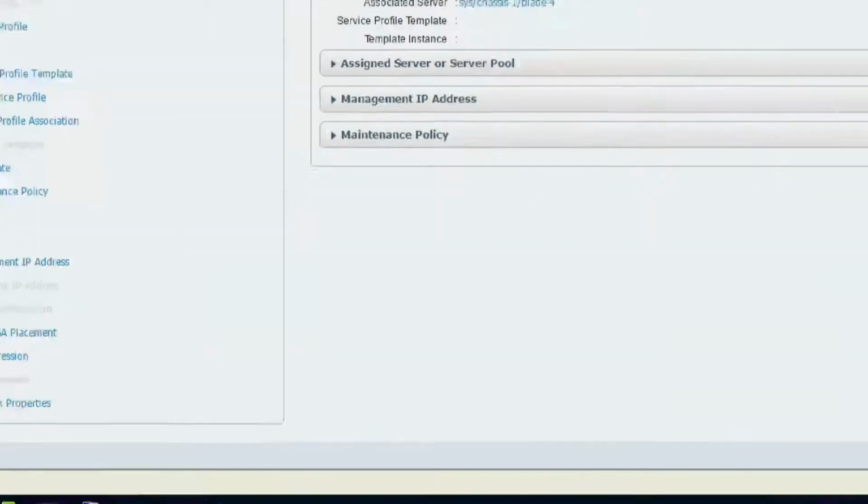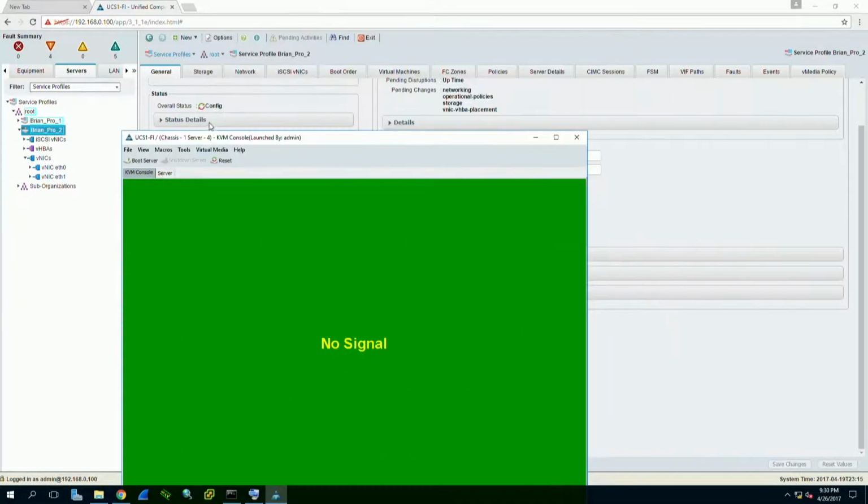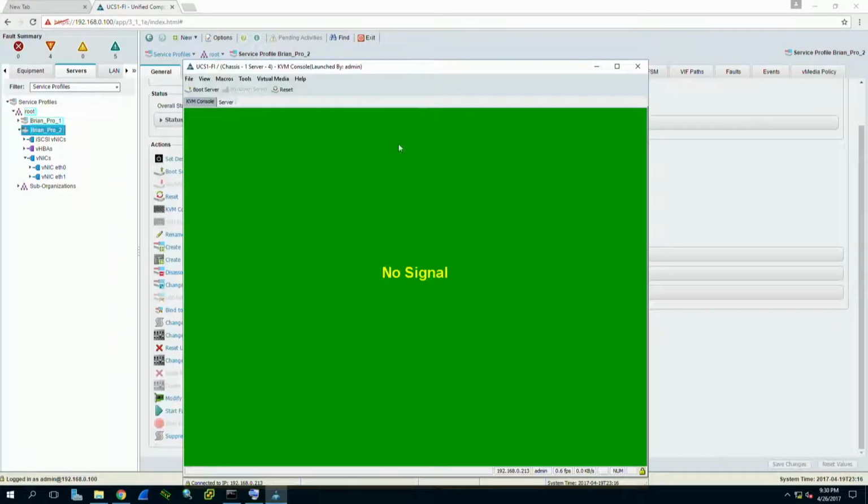If we go back to the KVM console, we should see that the server is going to reboot here shortly. If we look at overall status, it says config. It means that it's making a change on the service profile, or it's making a change on the physical server. While we're waiting for this, let's go to the Nexus side and set up our regular LAN connectivity. So if we go to 5K1 and 5K2,